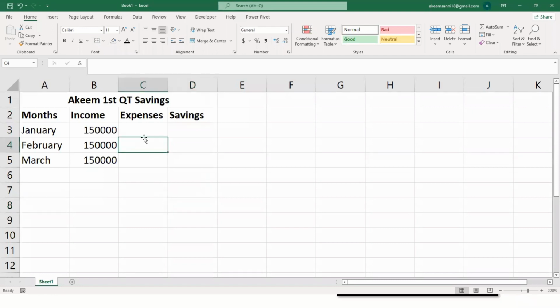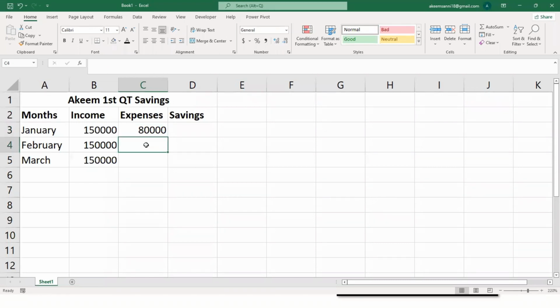Now, let's say my expenses for the first month, you know, I just started working in that organization. I don't know the route very well, so I can spend a whole lot of money for that first month, right? So for the first month, let's say I spent 80K. 80,000. I spent 80,000 for that first month.